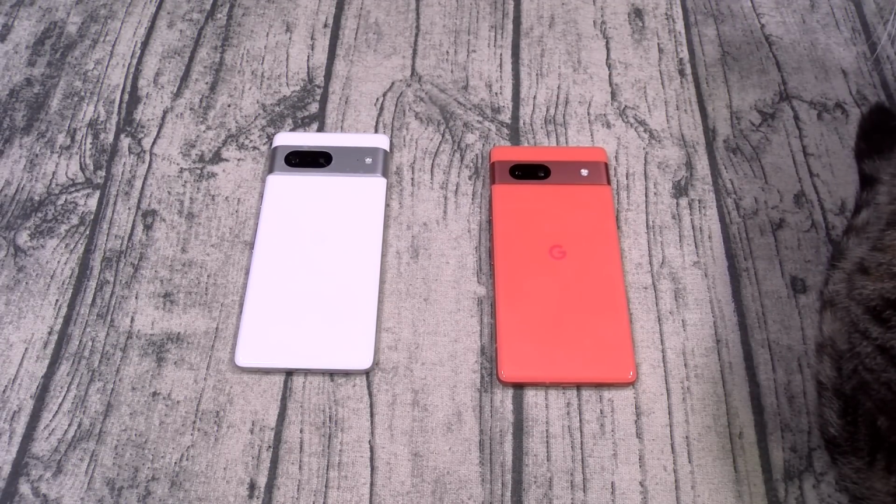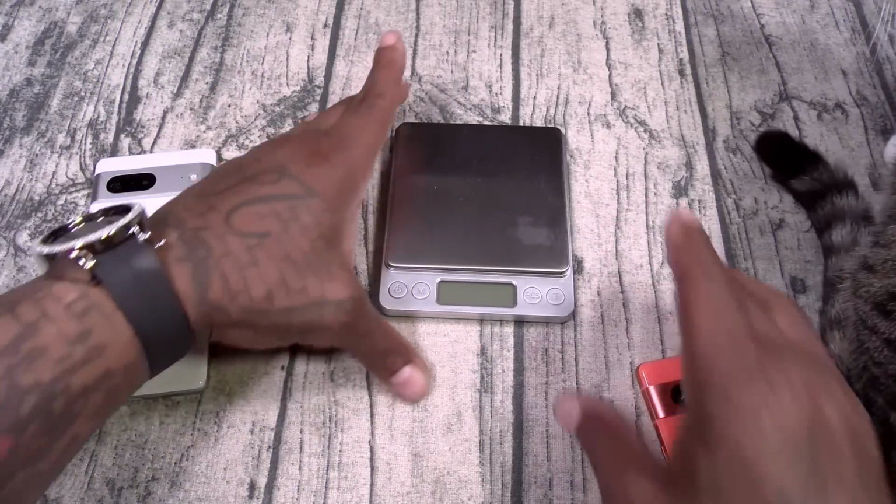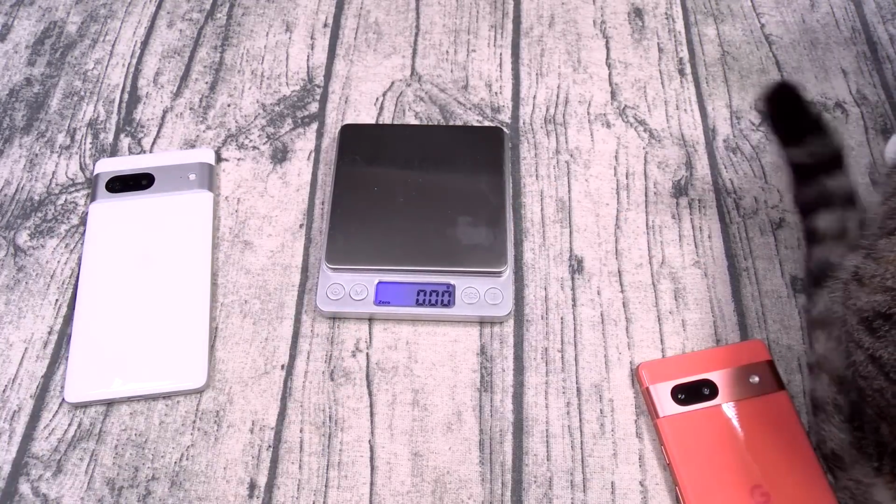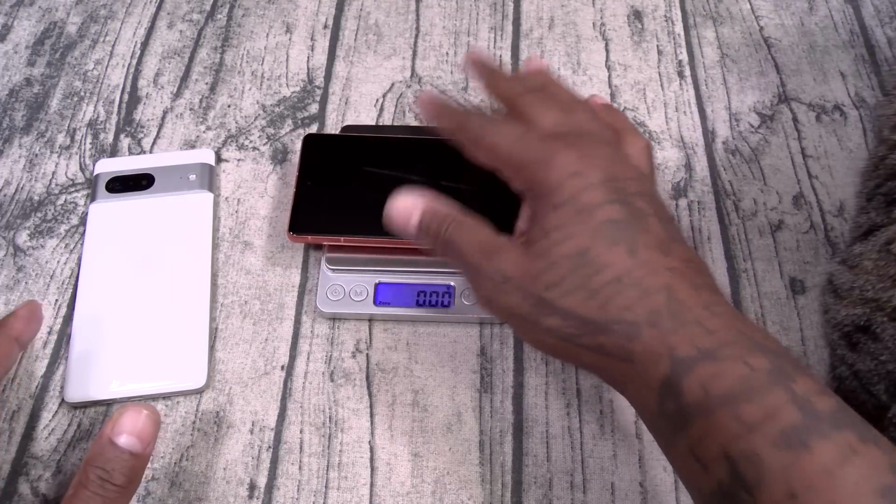Now, let's pull out the scale real quick. Hold up, let me wipe my paraphernalia off the top of the scale, because I've been using the scale for other things too. It is what it is. Let's do the weight test. All right, Pixel 7a,